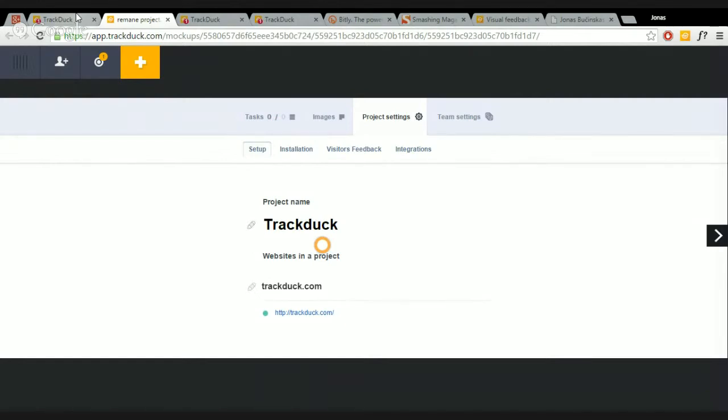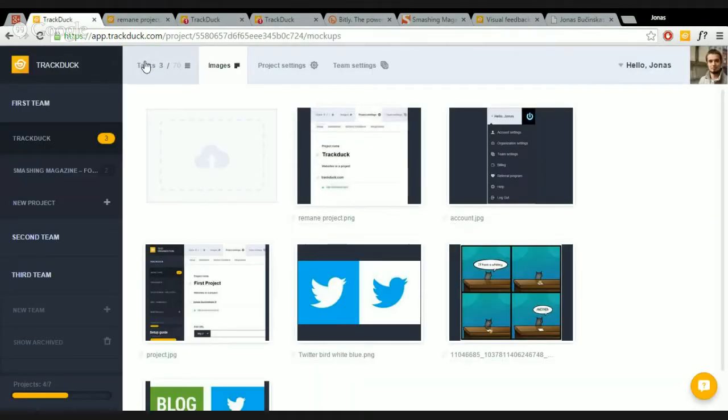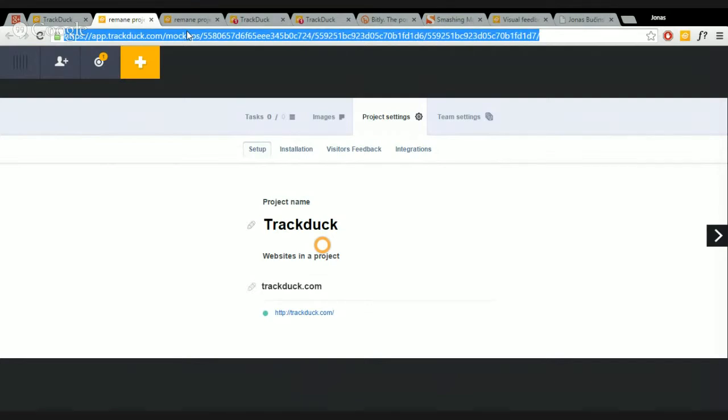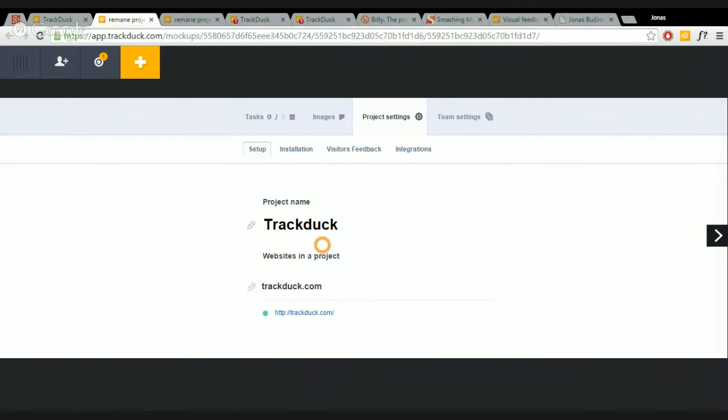Cool. And again, it's really easy to share images that are uploaded to TrackDuck. You can simply share the URL of any image to your client, and you will be able to leave feedback via the feedback button at the bottom. And if your client or teammate is registered in TrackDuck in your project, you will see the toolbar. So, for example, if right now we open another browser where we're not logged in, and open this image,